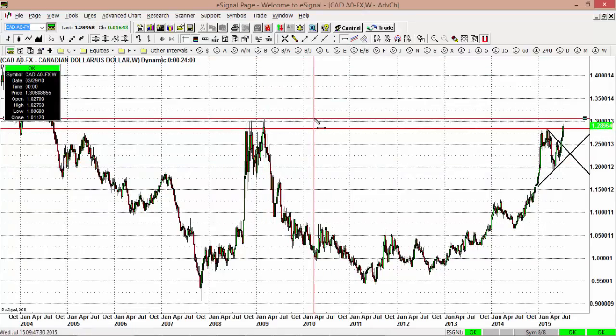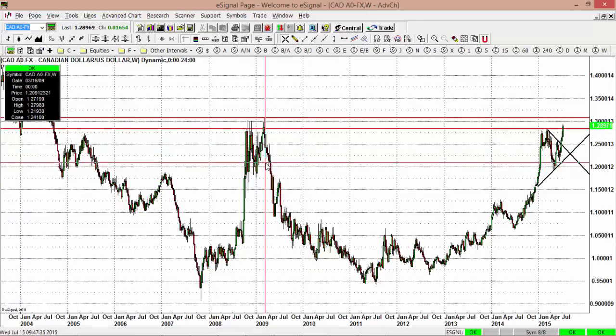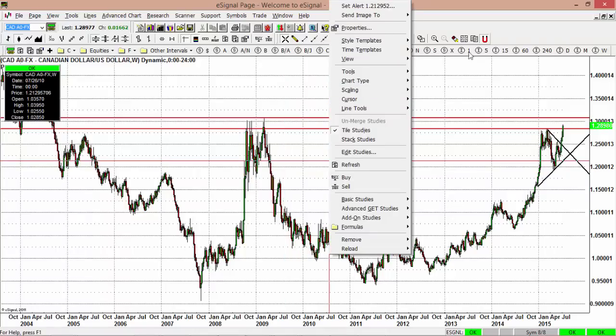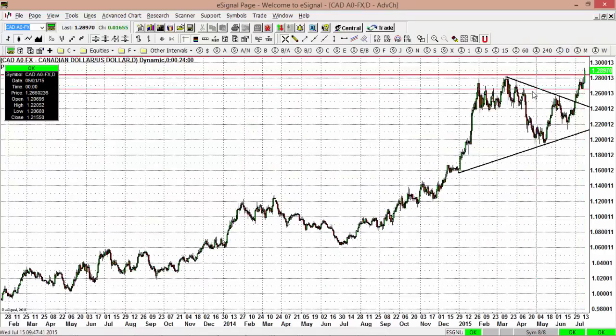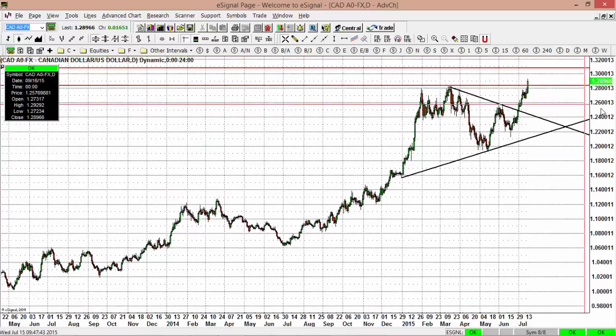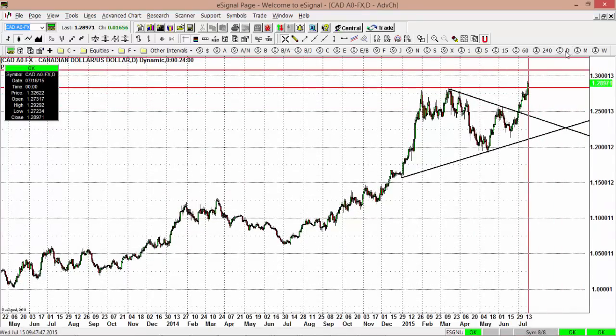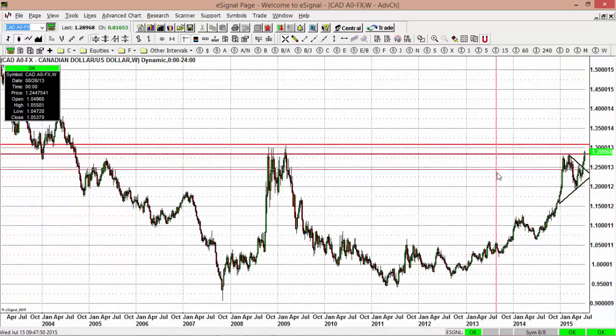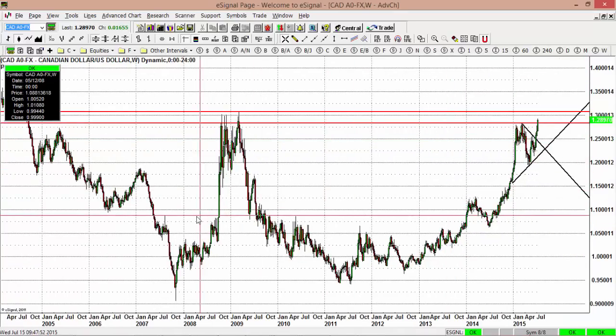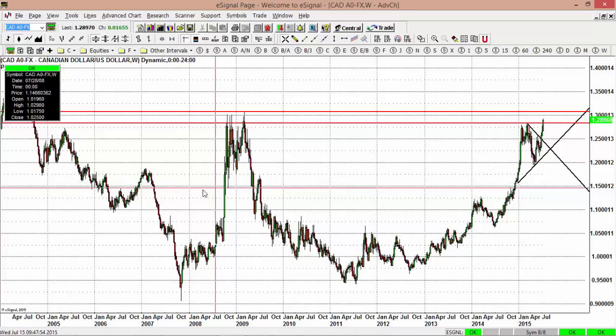So if we draw a red line above that high, it is at 130.64. Let's go back to the daily chart. We see that the market has some way to go before it hits 130.64, and that could prove to be fairly strong resistance in the Canadian dollar,